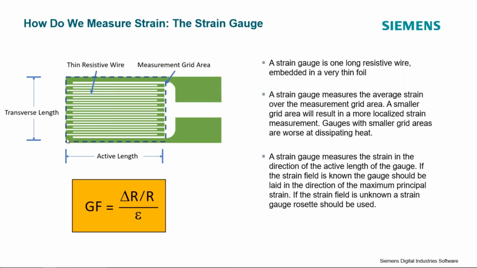So if you're taking a measurement with a single strain gauge, you have to already know the strain field on your test object, so you can align the strain gauge with your strain field. Now, this isn't very convenient. I think there are many cases where we're unsure of what the strain field on the test object is, or perhaps there's both a strain acting in, for example, this direction and a strain acting in this direction. In which case, we are not measuring all of the strain on the test article, and we'll need another method in order to correctly measure the strain.